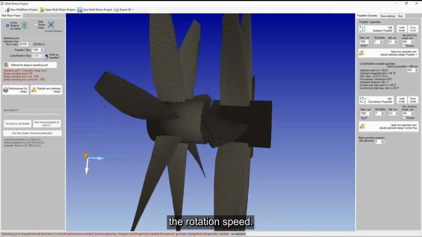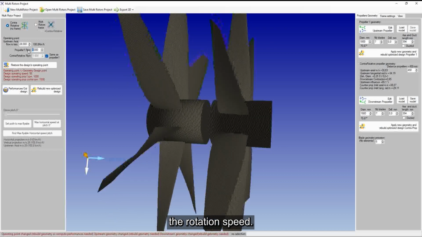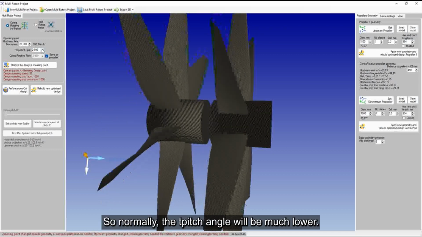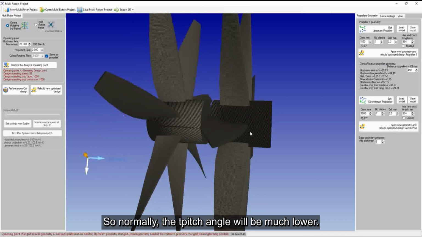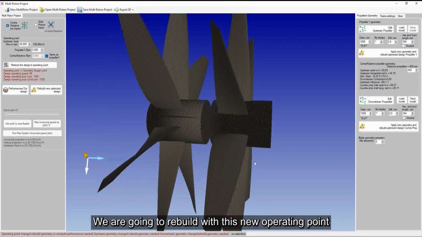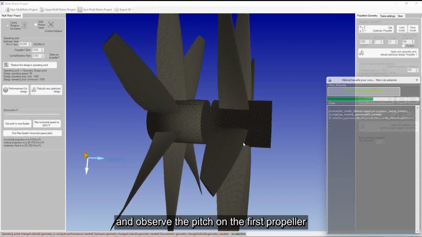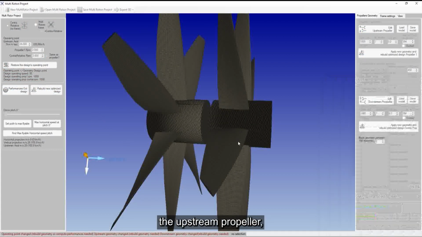For example, we will increase the rotation speed. We will go to 3000 RPM, so normally, the pitch will be much lower. We are going to rebuild with this new operating point, and observe the pitch on the first propeller, the upstream propeller.